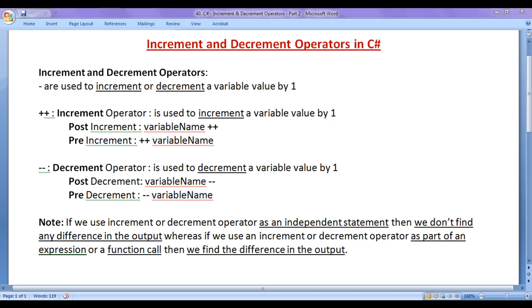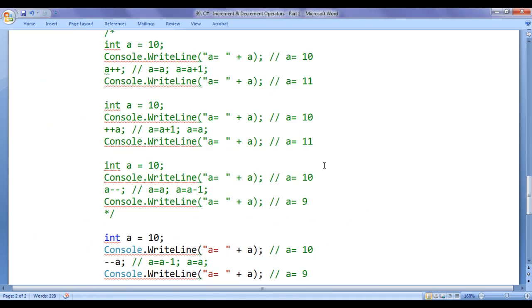To understand increment and decrement operators, in the previous video tutorial we have written a code. We understood that if we write a plus plus semicolon, implicitly behind the scene it is expanded to two statements and then executed. First statement will be a equal to a semicolon. Second statement will be a equal to a plus 1 semicolon.